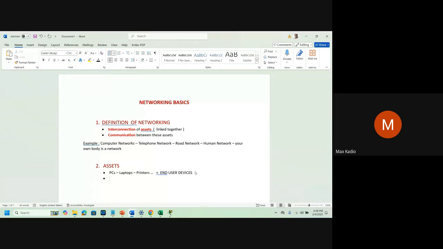After that, we have routers, switches. These guys, we call them intermediary devices. Then we have the cabling, the cables. And we have different types of cables, depending on what you want to connect. Different types of cables.